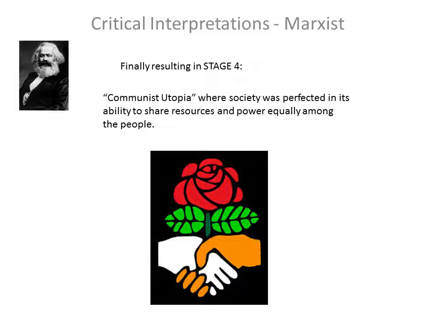So that was his theory about how history was moving. In the 19th century you're obviously in the stage of bourgeois capitalism, but he believed that socialist revolutions were beginning to happen. Obviously you'd had the French Revolution, but he didn't see that as a successful communist revolution. And as you move into the 20th century, the rise of communism and communist revolutions did occur, but they didn't end up in communist utopias.